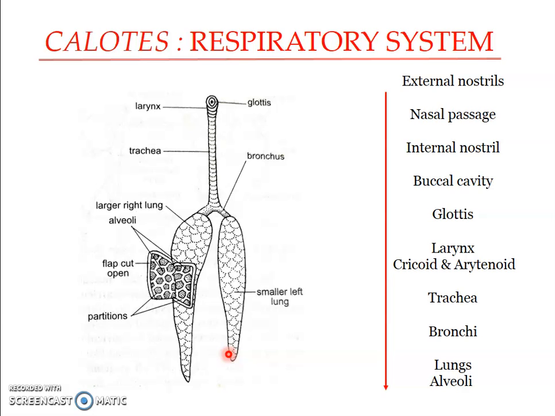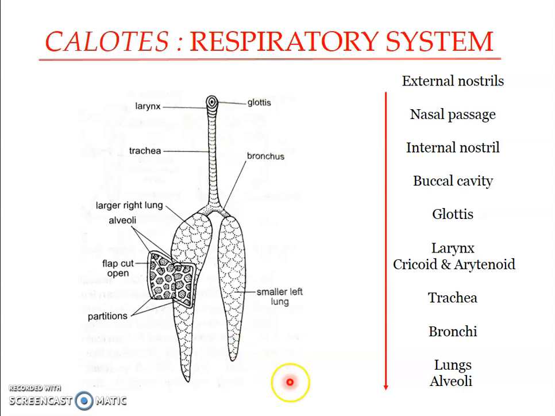During inhalation, the intercostal muscles contract, and this brings about raising of the ribs that increases the volume of the thoracic cavity, and at the same time it reduces the pressure inside the lungs. Because of the pressure decrease inside the lungs, there is an inflow of air into the lung through